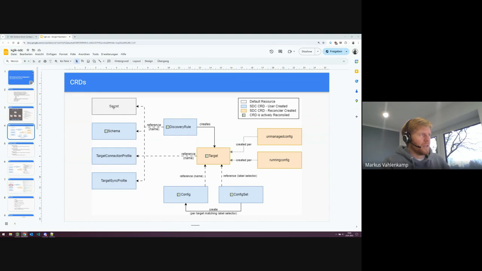So to the left, we've had the secret, schema, target connection profile, target sync profile. These all were consumed by the discovery rule, creating a target, which is also referencing these. And with the target, we're able to define configuration per targets, configuration sets, and also retrieve running configuration and unmanaged configuration. So that just as a reminder,